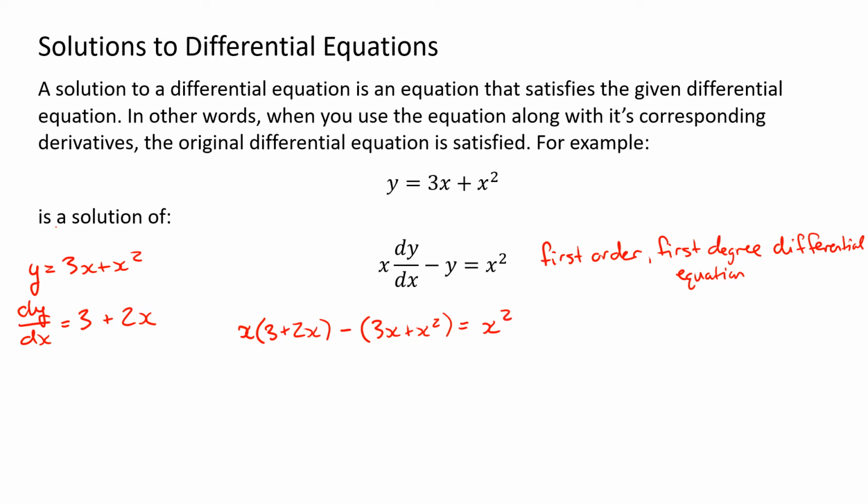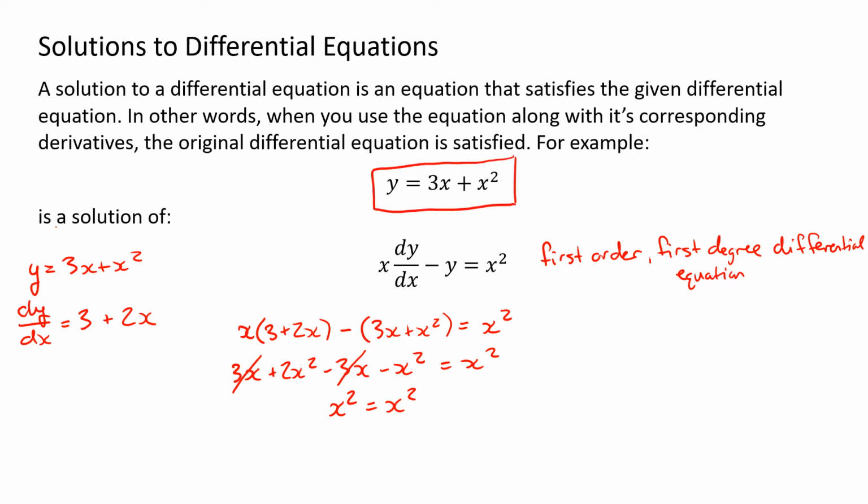So if I multiply this out, I get that 3x plus 2x squared minus 3x minus x squared must be equal to x squared. And again, that's in order for this to be a solution of the differential equation. We'll see that the 3x's cancel, and 2x squared minus x squared is simply x squared. So we have x squared is equal to x squared. So that means that this equation is a solution to the differential equation. It's actually known as a particular solution